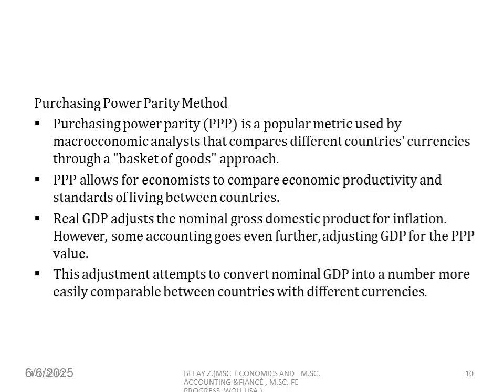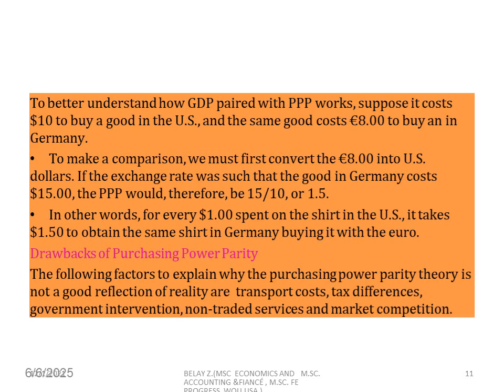This adjustment attempts to convert nominal GDP into a number more easily comparable between countries with different currencies. To better understand how GDP paired with purchasing power parity works, suppose it costs $10 to buy a good in the USA and the same good costs €8 to buy in Germany. The product is the same, but it is $10 in the USA,